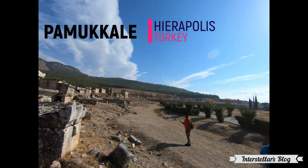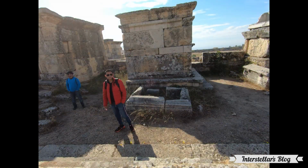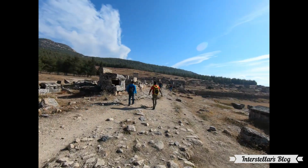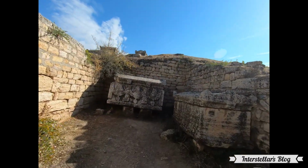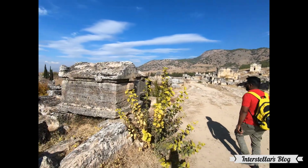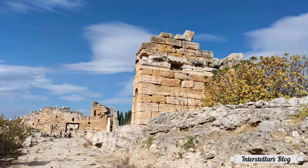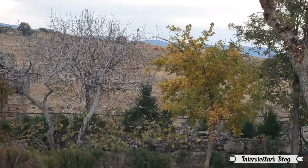Now we get a glimpse of the Metropolis Roman ruins. This place seemed to be a big settlement and it had all the amenities from that period of time. We also came across these stone coffins. They seem to have been made with this infamous Roman concrete. This place seemed to be like a modern metropolis with roads and